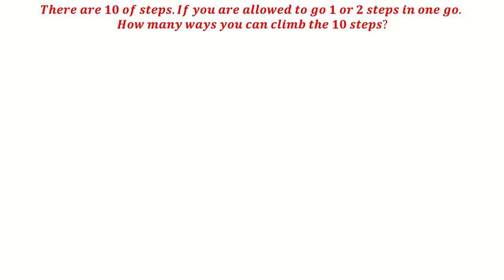Just take an example. If there are two steps, you can go one step and one step, this is one way, or you can go two steps at a time. So two ways you can go. So this is the problem. It looks like a very easy permutations and combinations problem. You take each step and find out the permutations and combinations, but as the number goes high, it becomes very complicated,